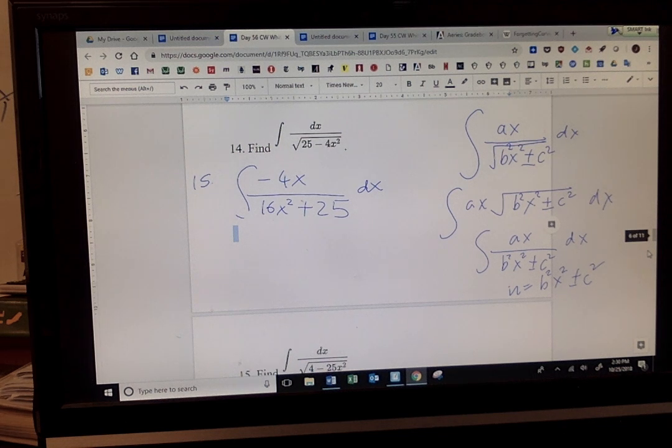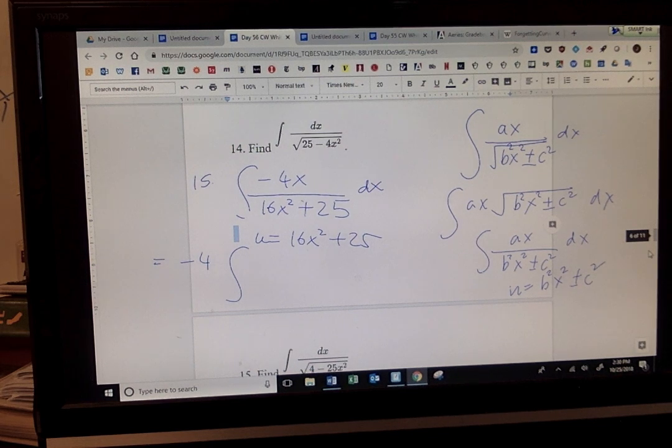So our trick is this. When you have a simple linear term with an x on top, and you have a quadratic like that, just use u substitution. Let's do this. So u equals 16x squared plus 25. Should I pull out the negative 4 actually? Let's do that. Therefore, du equals, there'll be only an x on top, yeah? Is that 32x dx? Nice! So I need a balance of 1 over 32.